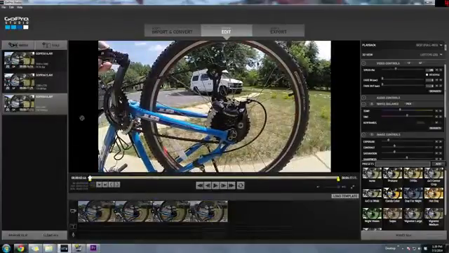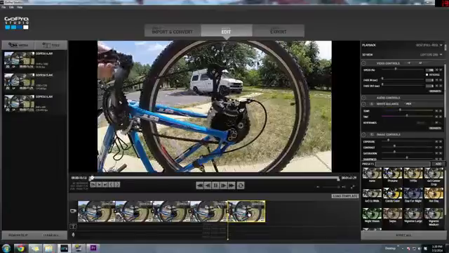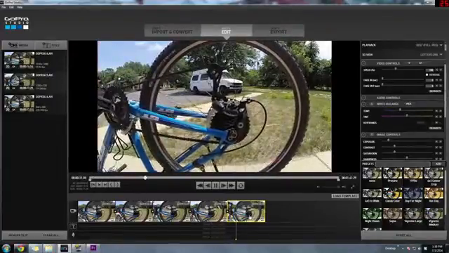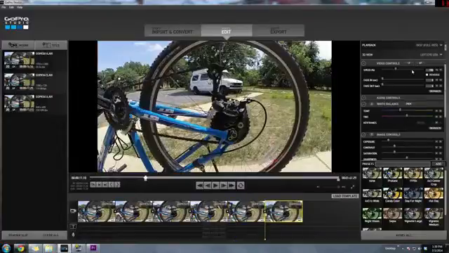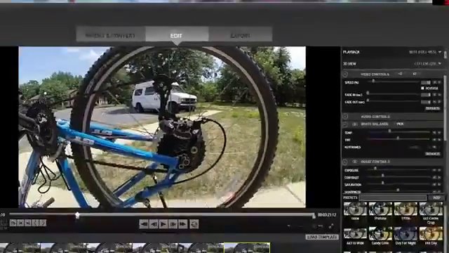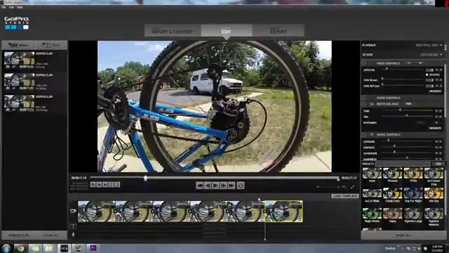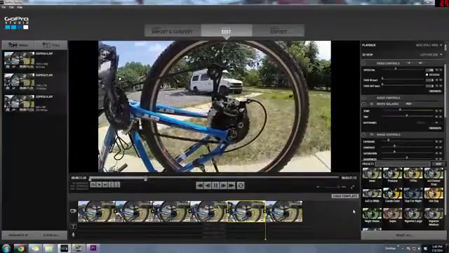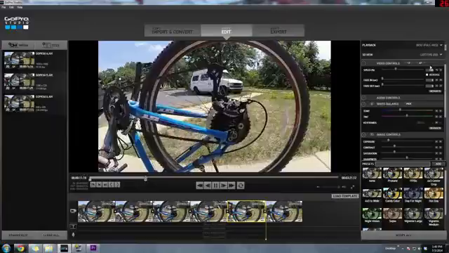And now we're going to do the same exact thing with the 240 frames per second video file, and what I'm going to do is split it right about here. For 240 frames per second, I usually like to make the percentage 12.5%. GoPro Studio 2.0 does not allow me to add any decimals, so I'm just going to go with 12%, and that'll be roughly really close to about 240 frames per second playback. So now when we watch it, we'll see at the split mark it'll play at 12%, which is about 240